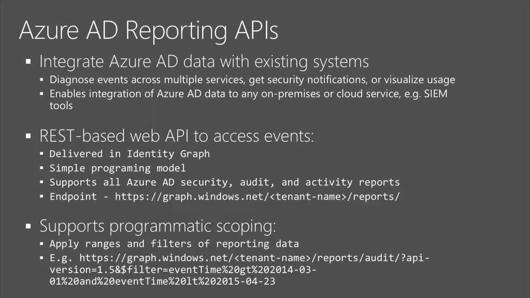And in addition to delivering you all of that report information, they also include the ability to scope and target what you're looking for. And so you can filter based on a time frame. In other words, watermark and keep getting just the freshest information into whatever system you're integrating them with. Or you can scope to a specific type of event or a specific user, let's say the executive team. You really want to watch that one closely because they tend to have access to more things.